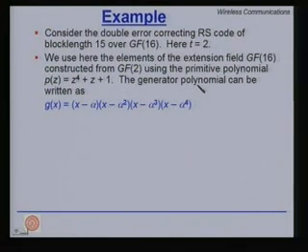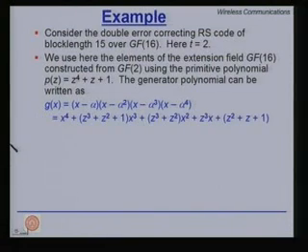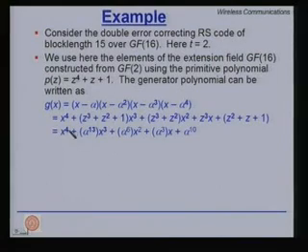So, the generator polynomial can be written as (x minus alpha squared)(x minus alpha cubed)(x minus alpha 4). Why? Because t is equal to 2, so the maximum power of alpha is 2t, which is 4. As simple as this, we immediately have the generator polynomial. We have to expand it out and get our standard polynomial. So, if you multiply it out, you get this, and if you solve this and try to write it in this form, you get this one.